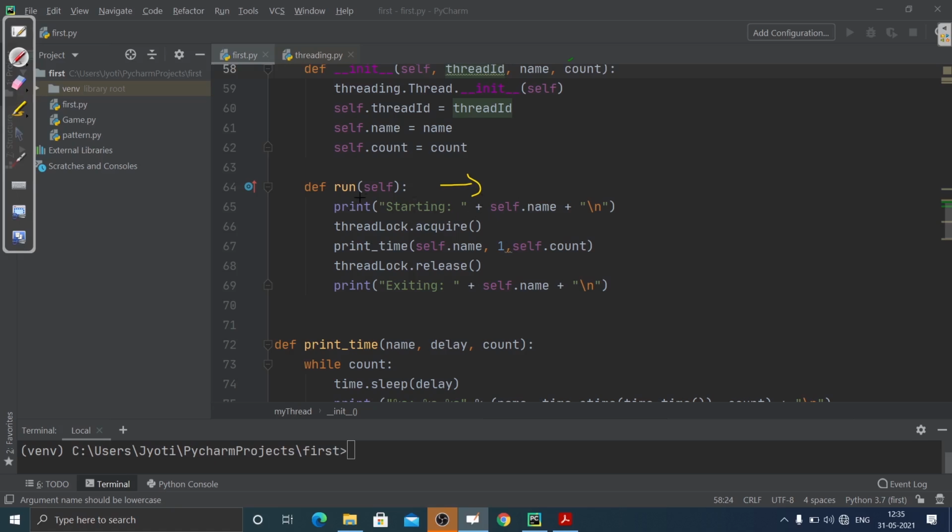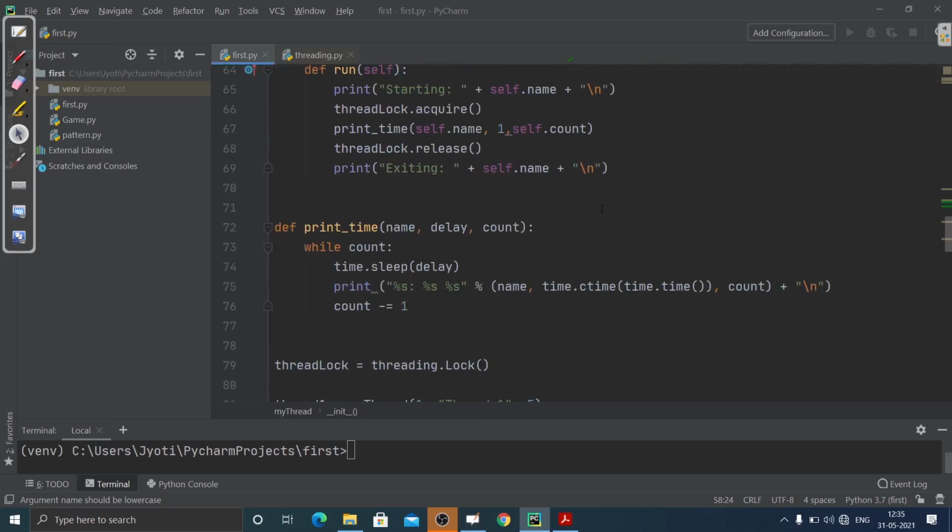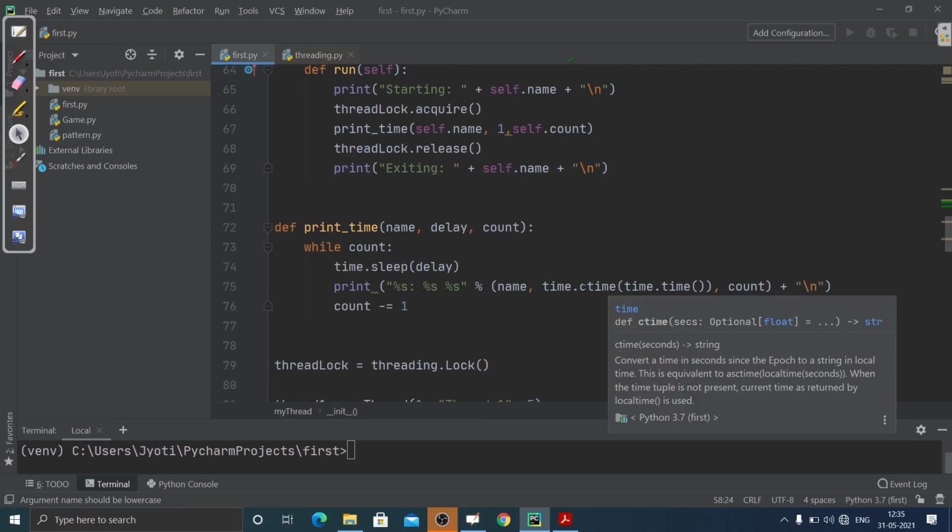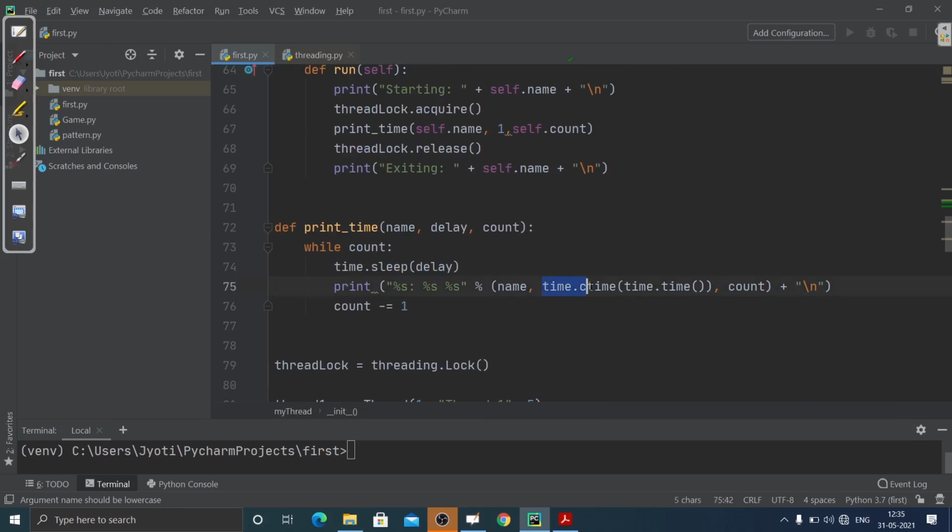So I want to print starting, then the name that has been passed, then thread lock acquire, that is we are acquiring the lock, then printing the statement, then release, and then exiting. Then this time printing will show us the current time.